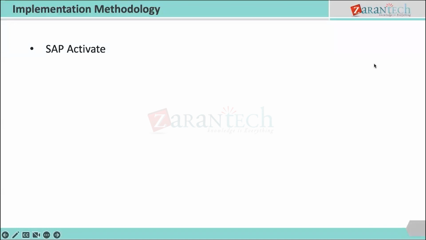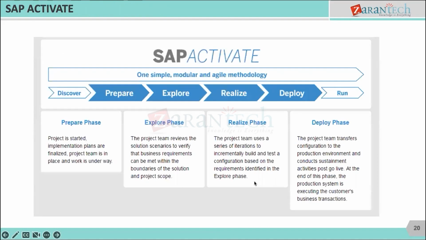So we should be able to understand the implementation strategy of SuccessFactors, which is named SAP Activate, guys. SAP Activate methodology is what we see. It consists of 4 important stages: prepare phase, explore phase, realize and deploy phases. These are the 4 different phases that we come across in real-time projects, where prepare is a phase